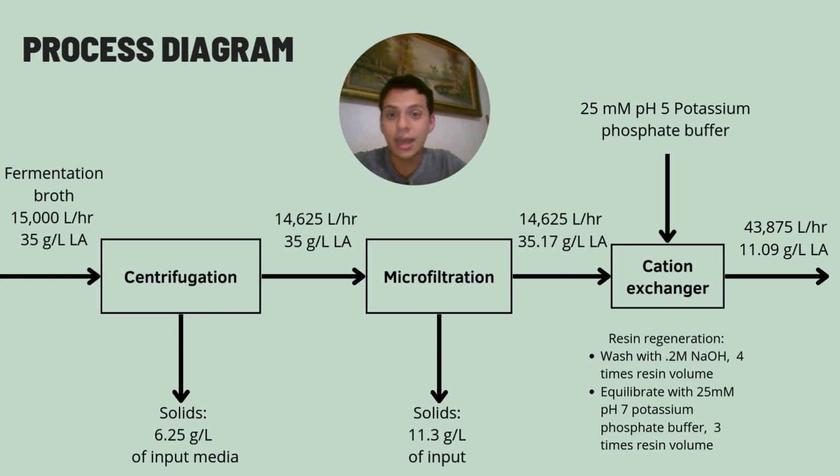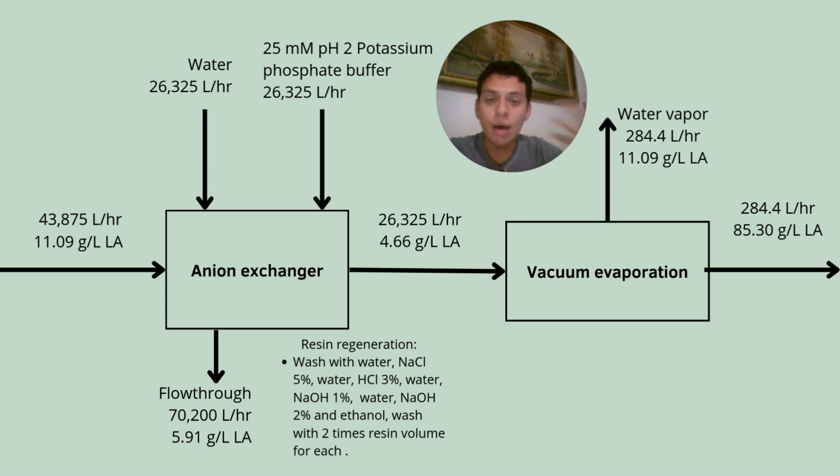We start with centrifugation, where we separate all the large particles of bagasse that are left in the media. Afterwards, we do microfiltration to separate large molecules from the output of the centrifugation. And afterwards, we go to a cation exchanger to remove impurities. The output from the cation exchanger goes to the anion exchanger, where we will trap the lactic acid in the